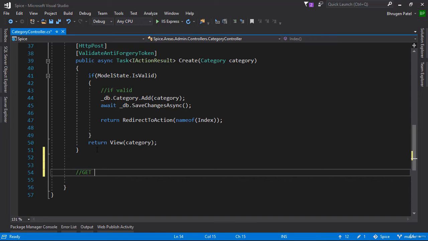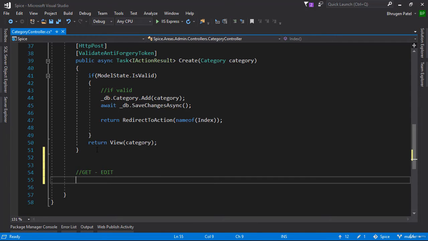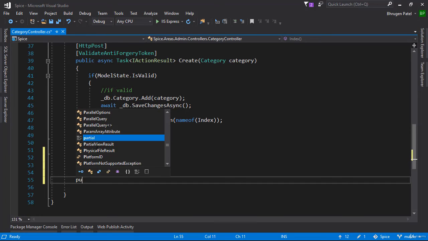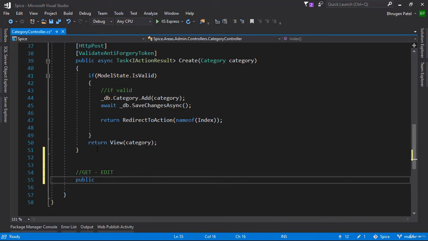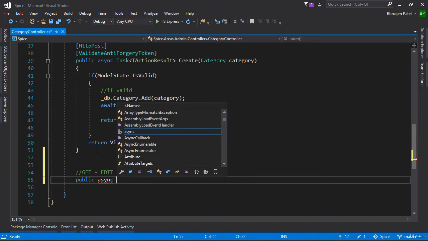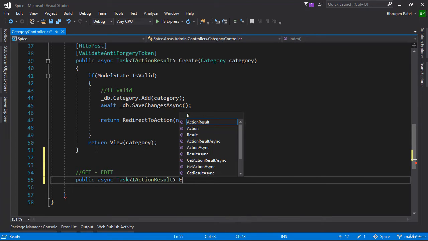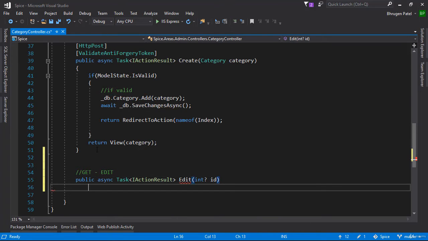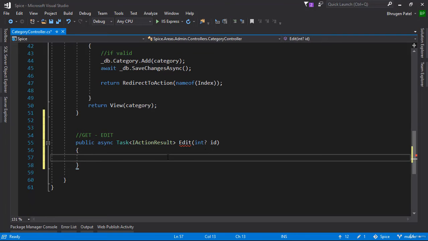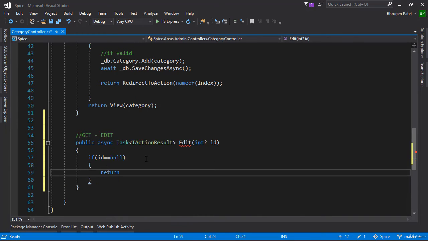Here first we'll say get, and this is for edit. Now for get action methods, you do not need any annotations like validate anti-forgery token or HTTP post. So you'll just say public async task of I action result and the name of the action method, which is edit. And here in the parameters, you'll receive an ID because this will be the ID of the category which needs to be edited. So first thing, we'll check if ID is empty or is null,